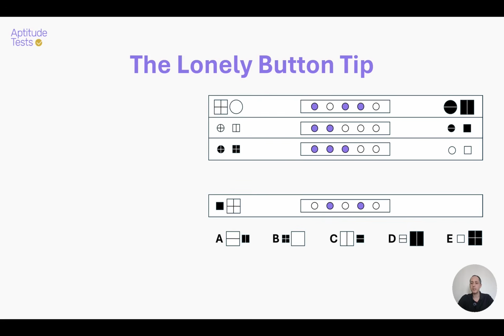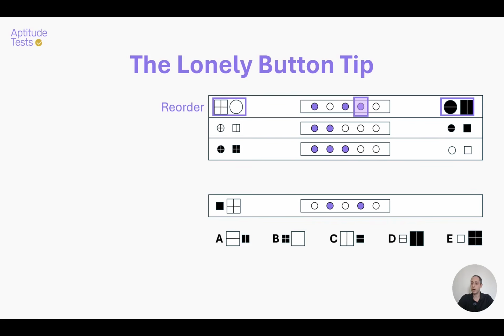The lonely button means a button that is the only one which appears in its column. As we can see in this example, F4 appears only in one row, so only once in its column, and we need to look at the shapes of this lonely button and ask ourselves which operation of those 6 common patterns that we already know works only on these 2 shapes. And the answer, as we've already seen in the question, is reorder. We can see that only in this example do the